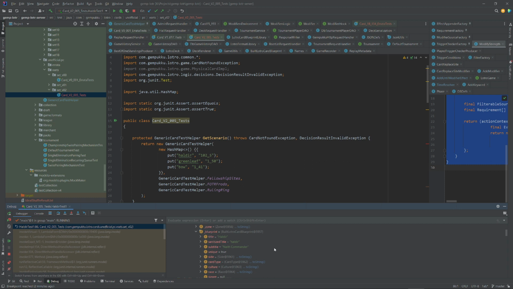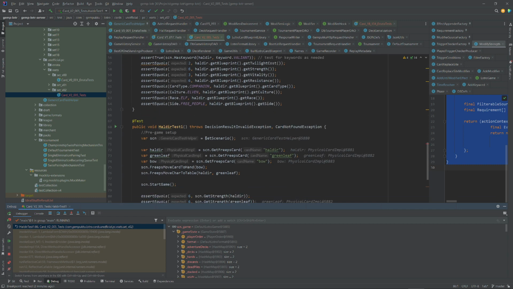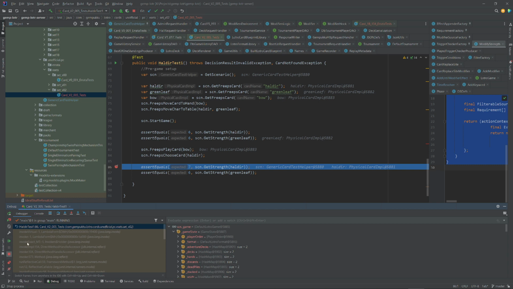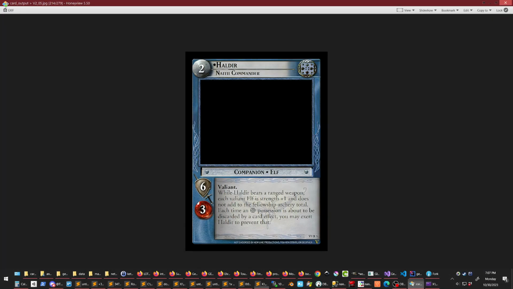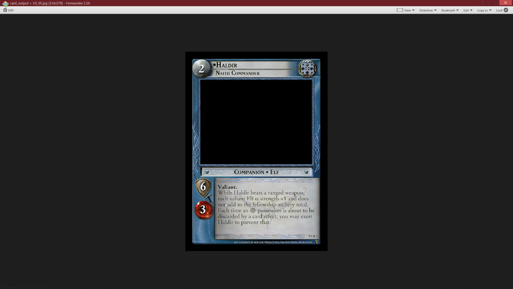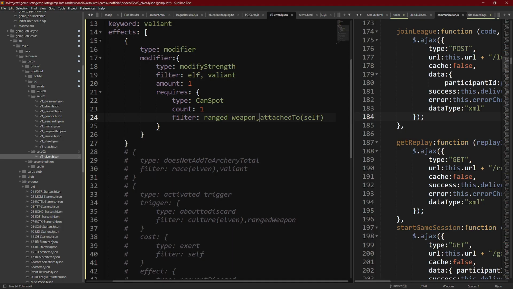So that inspection is super handy for trying to figure out what exactly is going on, which, since we are dealing without a client, can sometimes be a little bit of a mind twist, but super useful when we need it. So let's just keep plugging away at this. While Haldir bears a ranged weapon, each valiant Elf's strength is +1 and does not add to the Fellowship archery total. So the next thing that we need to do is find ourselves a minion and throw it on the table,